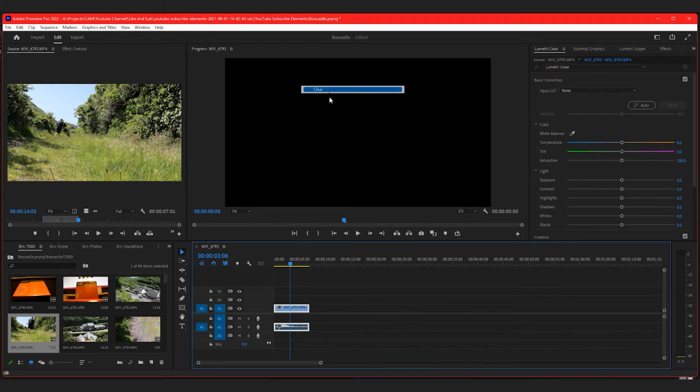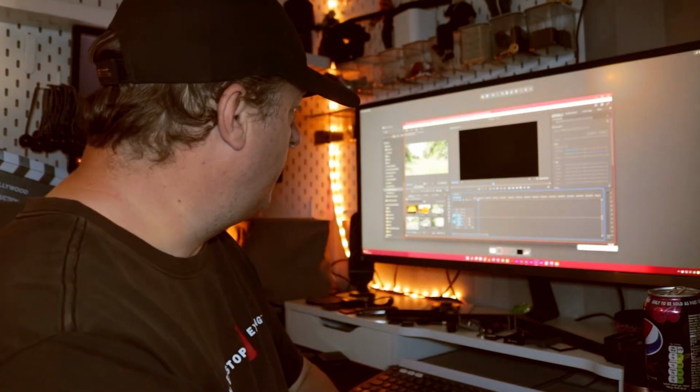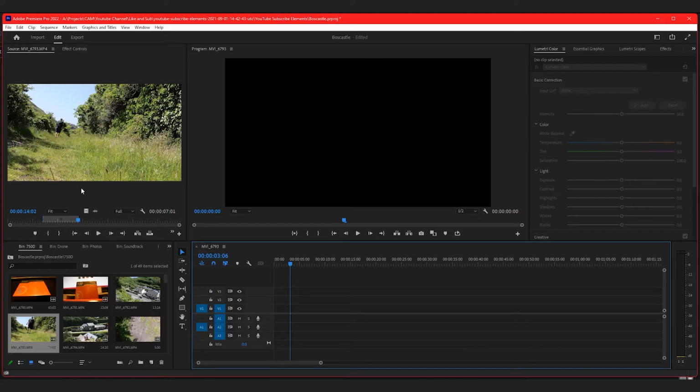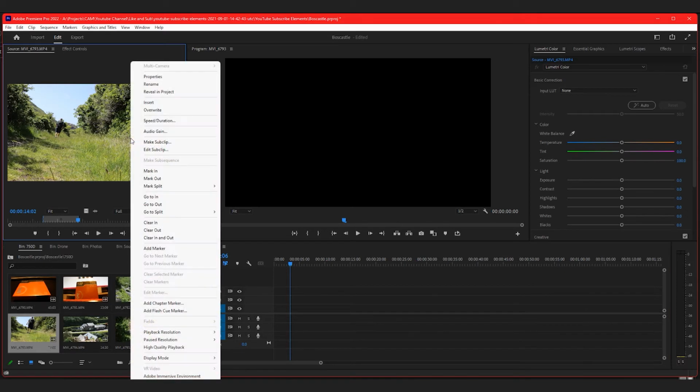The other way you can create footage, if you've got a little clip like this and you realise, oh actually that's quite good, but you don't want to remember it, you don't want to try and figure out where it was later on, and you want a way of remembering or highlighting that footage and keeping it for later, you can right click and make a sub clip, and what that will do is